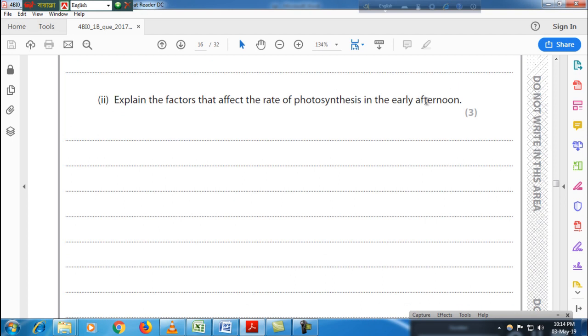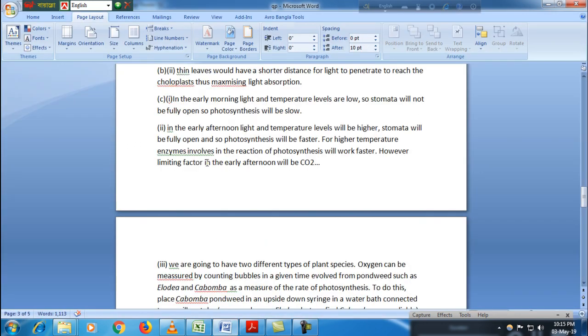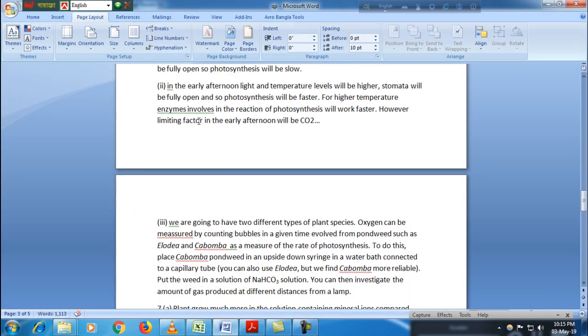Explain the factors that affect the rate of photosynthesis in the early afternoon. So first we have to understand what the limiting factors are in the early afternoon. In the early afternoon, the limiting factor is carbon dioxide. So what will be the answer? In the early afternoon, light and temperature levels will be higher, stomata will be fully open, and so photosynthesis will